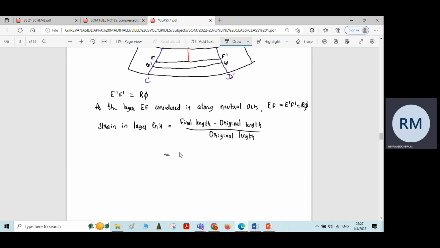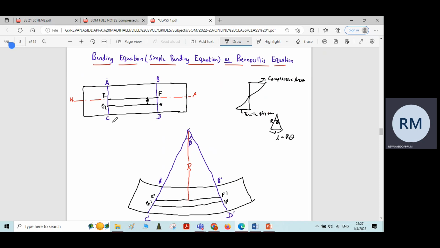G dash H dash is the final length minus original length, divided by the original length GH, again it is GH. Okay, so if you refer to figure 1,